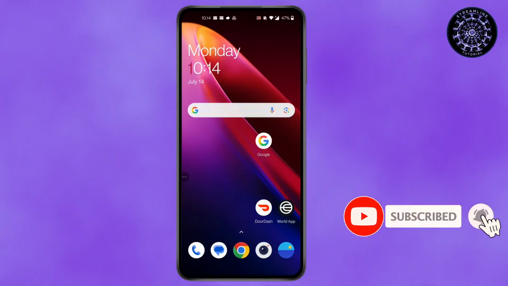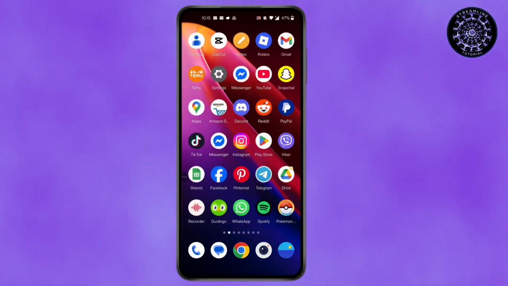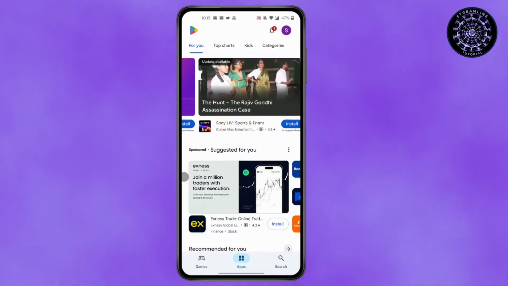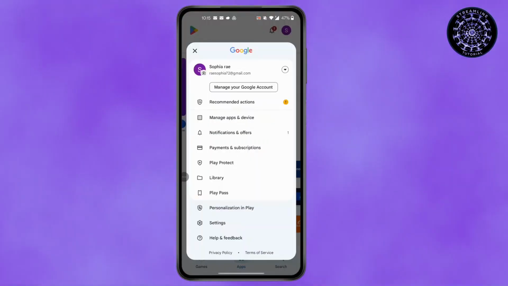First, open Google Play Store on your device. Then, click on your profile at the top right corner of your screen. After that, you'll find all these options. In here, click on